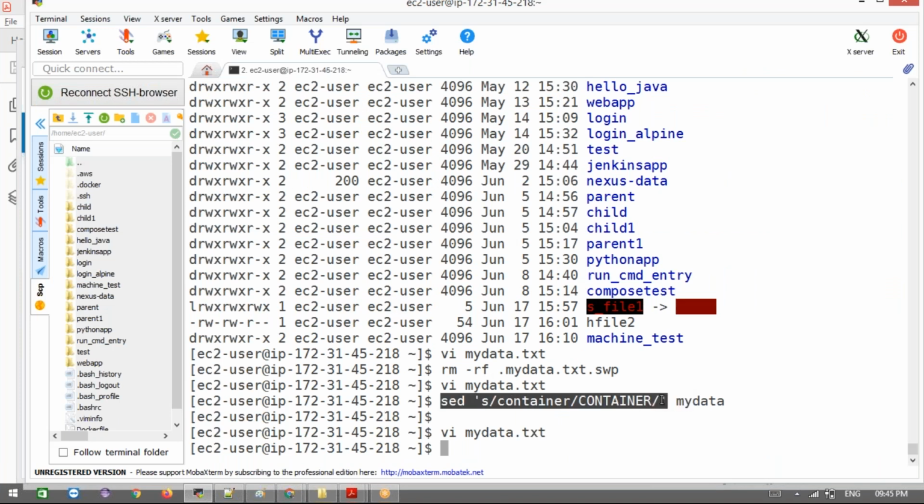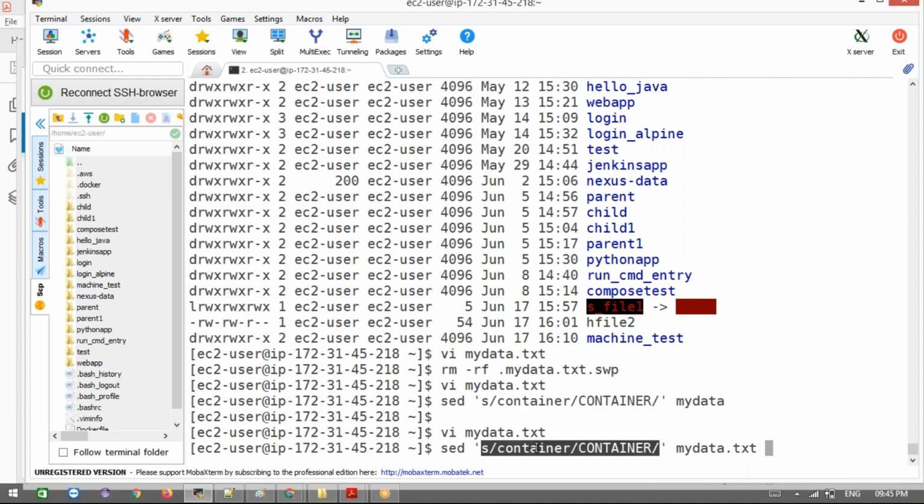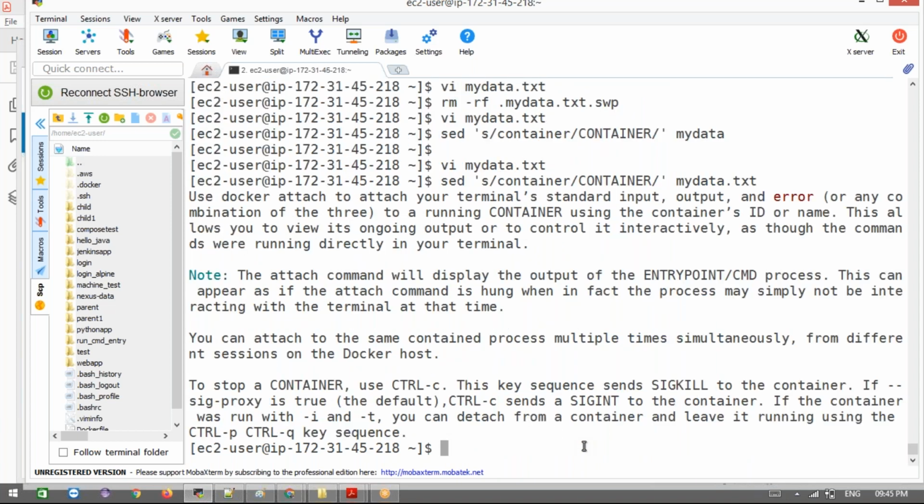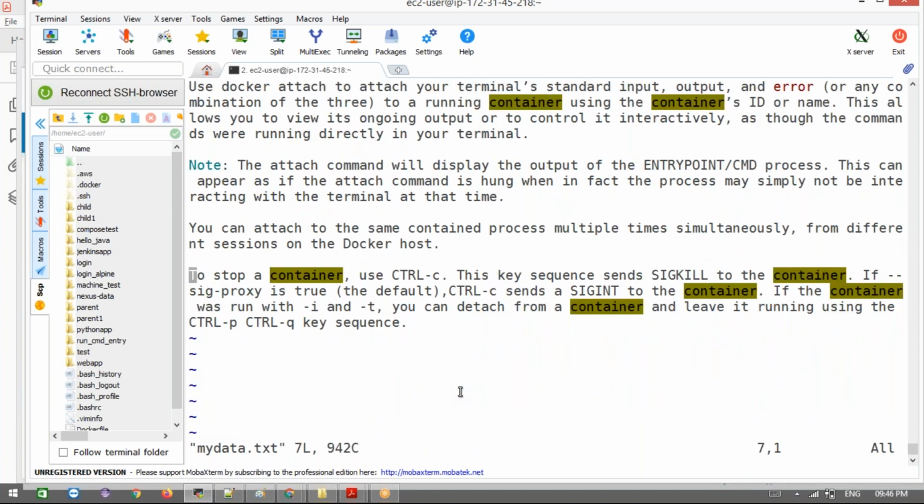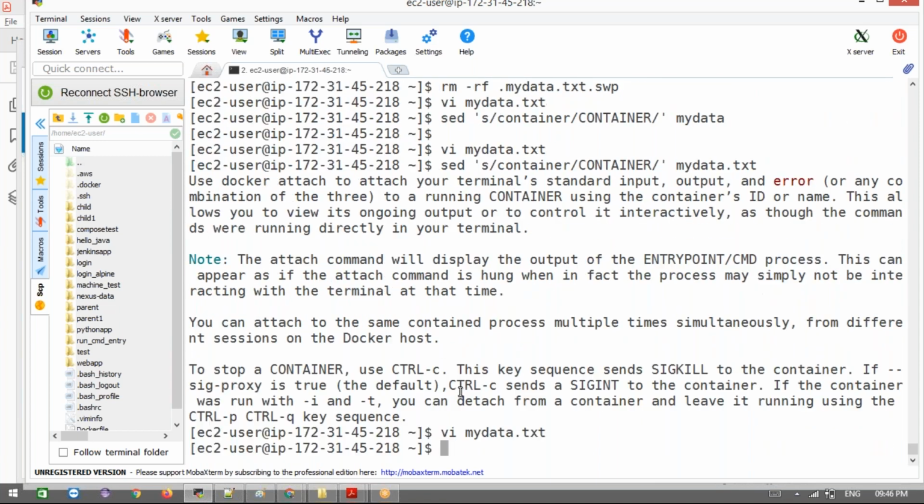Now I'm going to use the same here, my data.txt. See here, wherever that container word appears in this file, all places will appear as capital letter Container. Like whatever name you want, you can even make it your own name. We'll do that next time. Now see here, what happened? It appeared here. See the container. Just open the file. Now it will be the same, but it's not stored. It is not affected. It will show only for you.